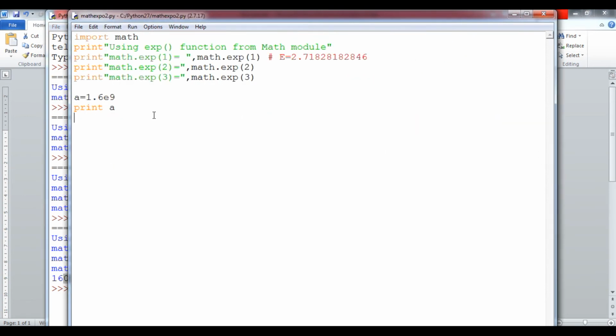And in the same way, if I use print 0.44 e to the power 2, what will come? Let's see.